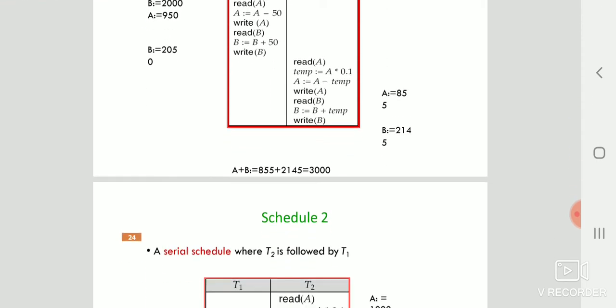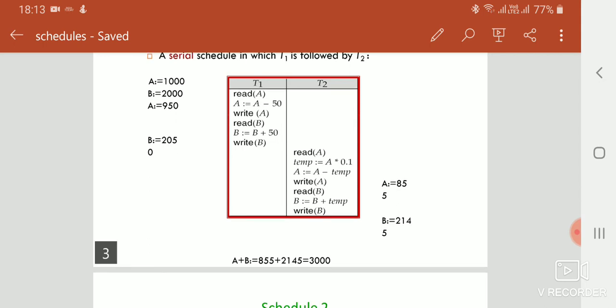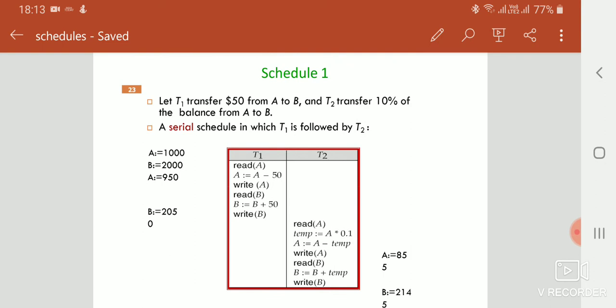That means the database was in a consistent state before executing the transactions, and also after performing them. So we are preserving the account balance. This is one type of scheduling, that is, serial scheduling.